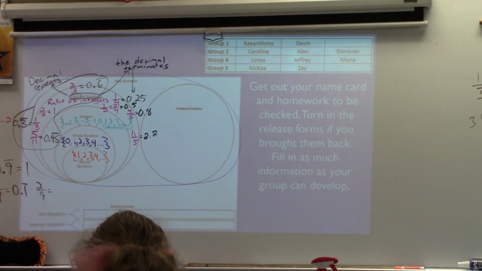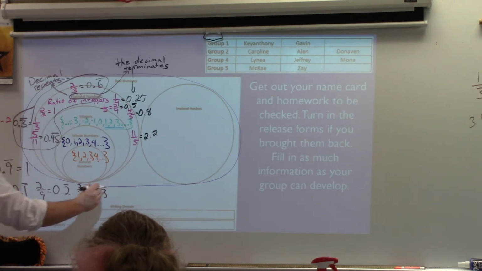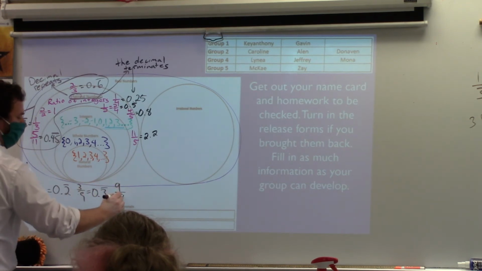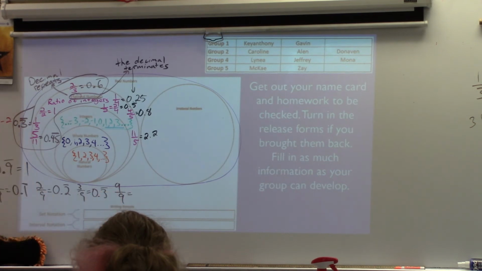0.2 repeating? Yeah. So 3/9 would be 0.3 repeating? Yeah. So then what would 9/9 be? 1 repeating. No? It would just be one. Just one. But if you use this pattern,